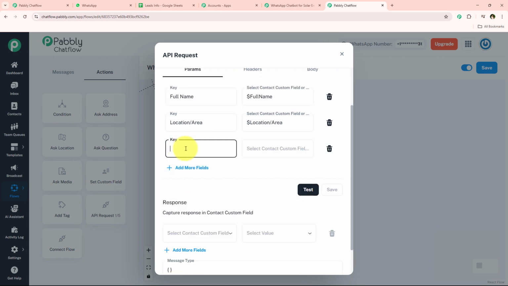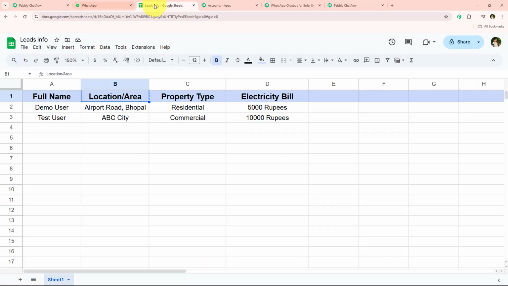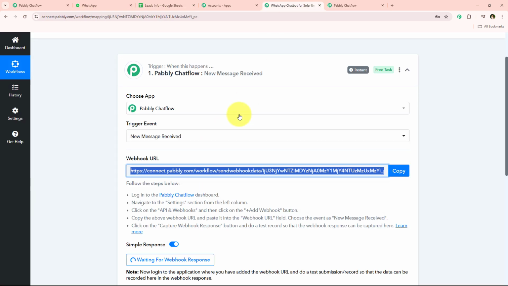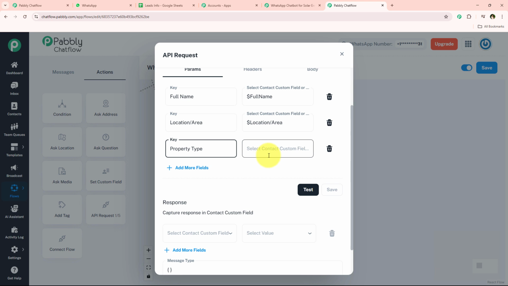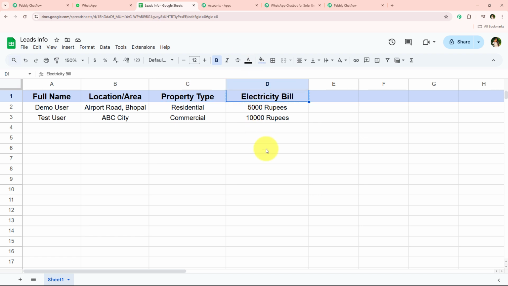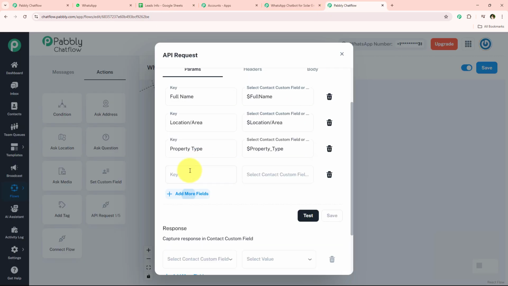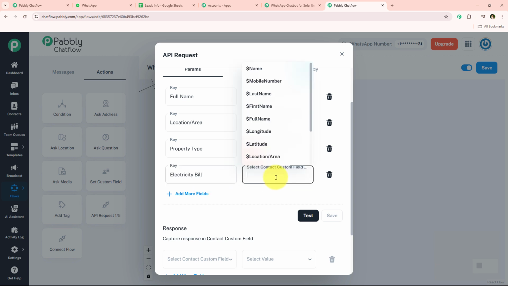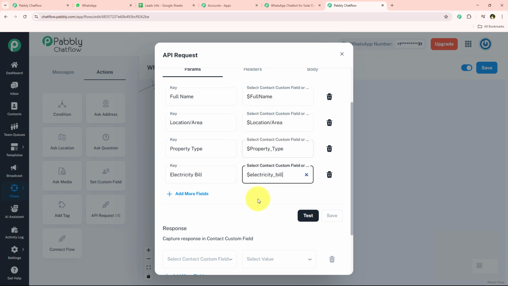I'm just going to add more fields. Once again, I'm just going to give the key right over here, which is for the property type. And now I'm just going to enter the key. Once again, I'm just going to select this contact custom field of property type. We are just going to move on forward. I'm just going to enter the key for electricity bill. Once again, I'm just going to enter the key right over here and select the contact custom field as electricity